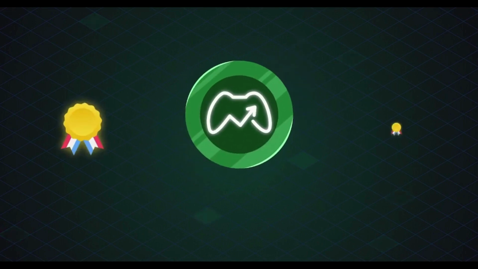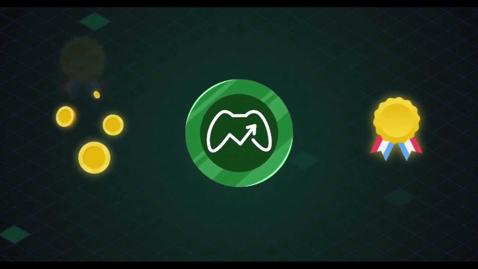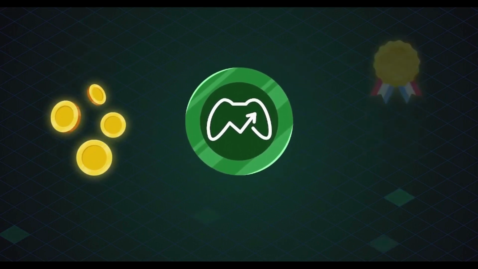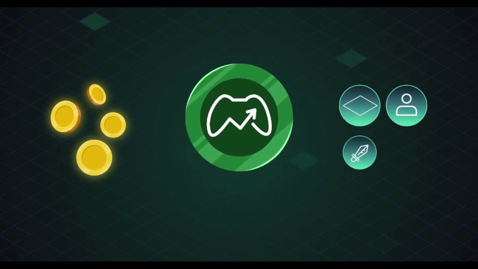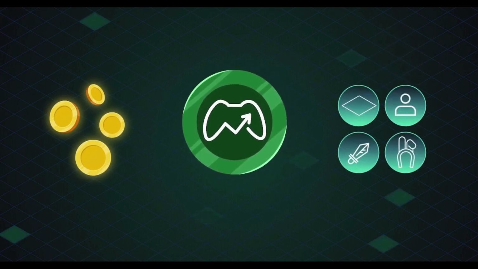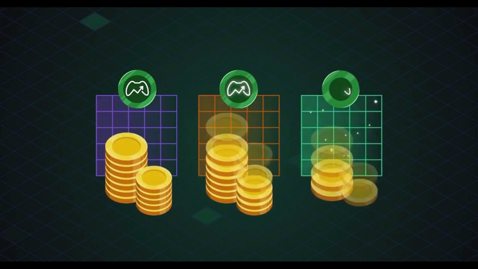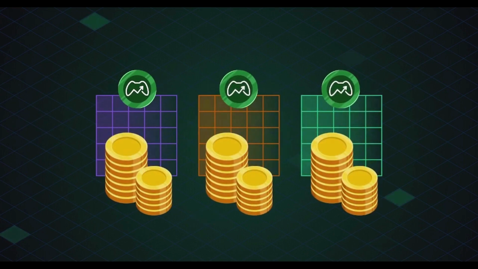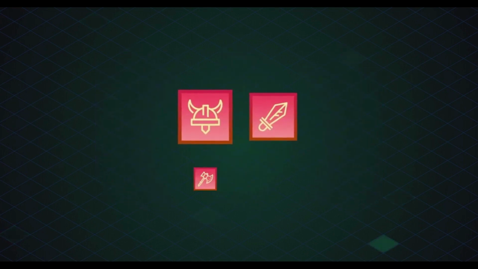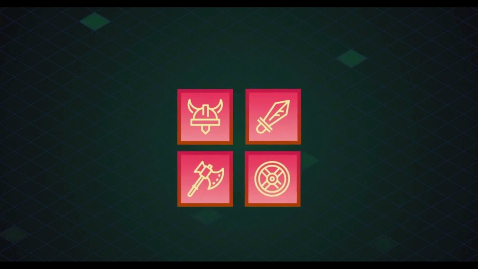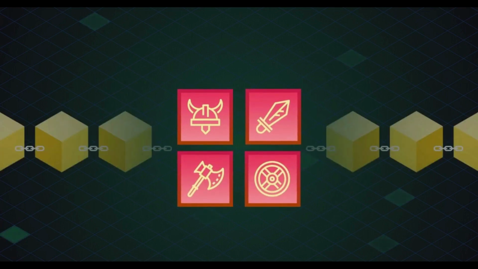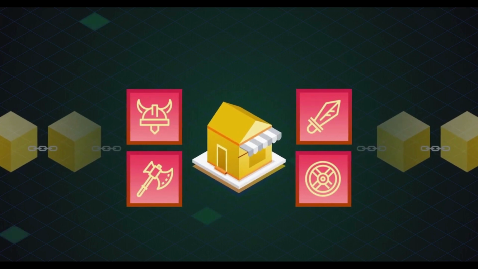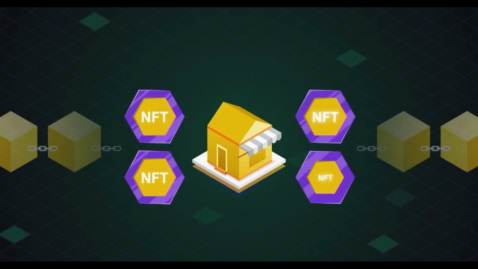In GameFi, the reward can come in different forms, such as cryptocurrencies or in-game assets like virtual land, avatars, weapons, and costumes. Each GameFi project will adopt a different model and game economy. In most cases, the in-game assets are NFTs residing on the blockchain, meaning they can be traded on NFT marketplaces. In other cases, however, the in-game assets must be converted into NFTs before players can trade or sell them.